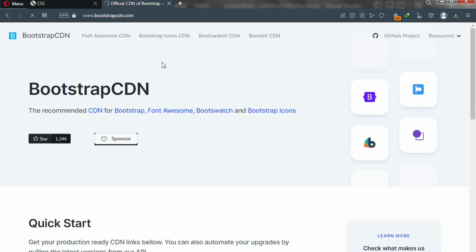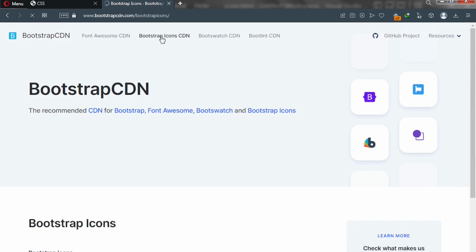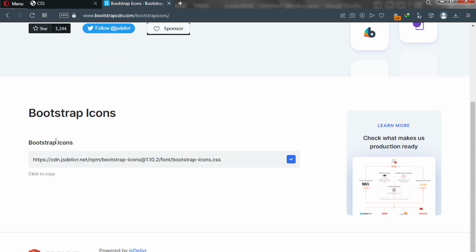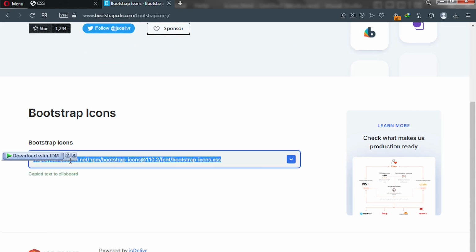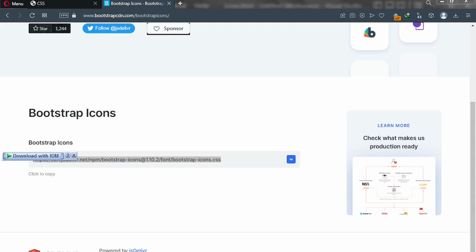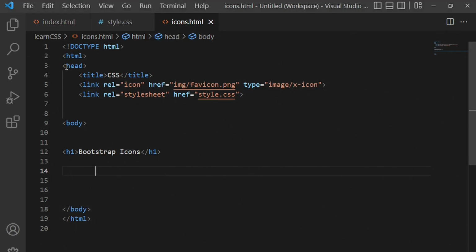Good. Now on top, click on Bootstrap Icons CDN. Perfect. Now scroll down and click on this link. Okay, this is our CDN's link, so just click on it and the link will be copied to the clipboard. Now go back to your code editor, and then inside the head,